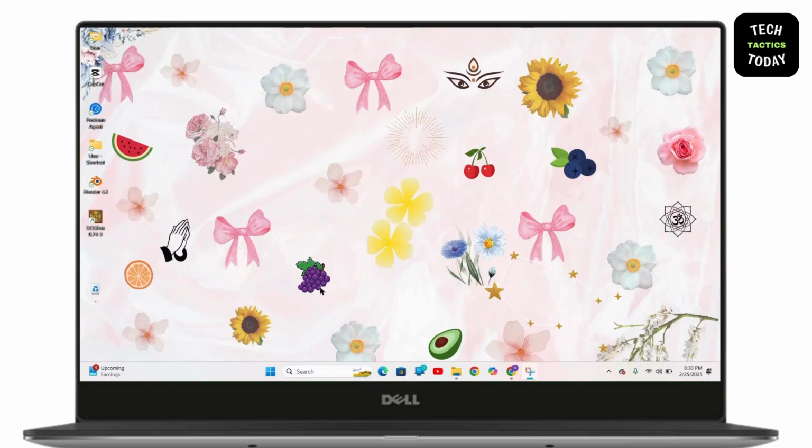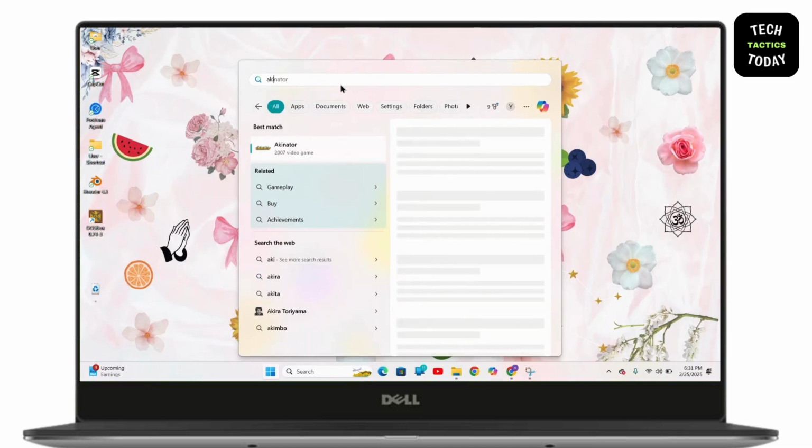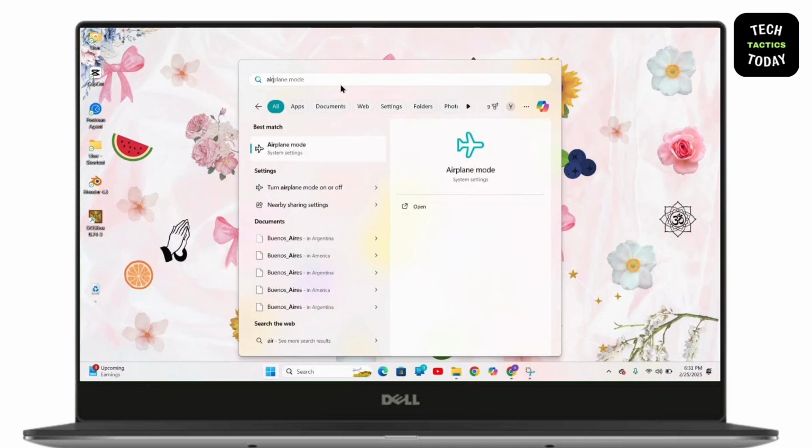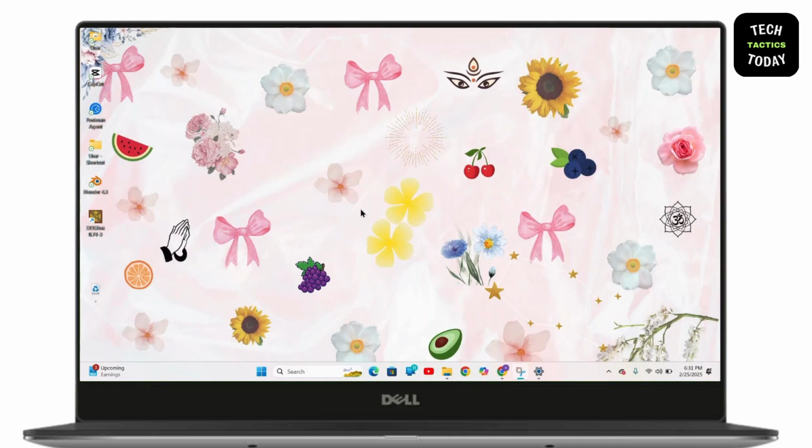First step is you have to make sure your airplane mode is turned off. So simply search for airplane mode and then make sure it is turned off, and in this wireless device settings, make sure your Bluetooth is turned on. If the problem still exists and it does not detect any kind of Bluetooth device like your headphone or anything,